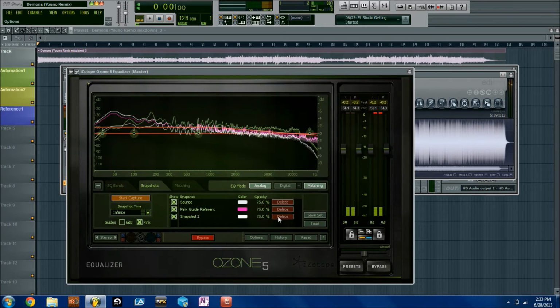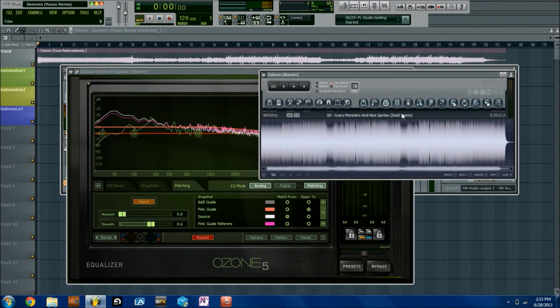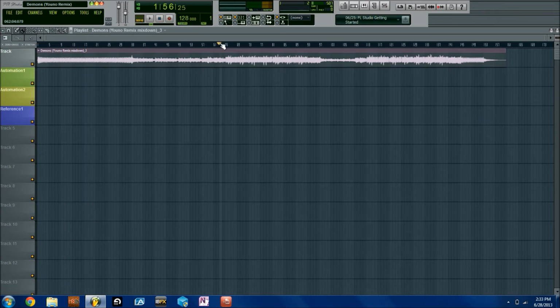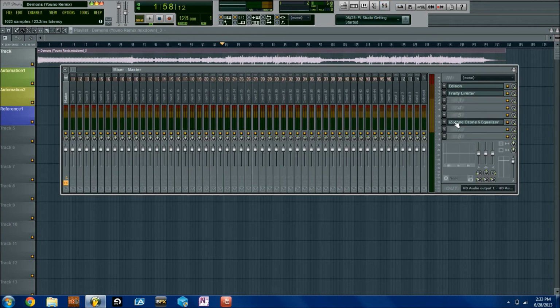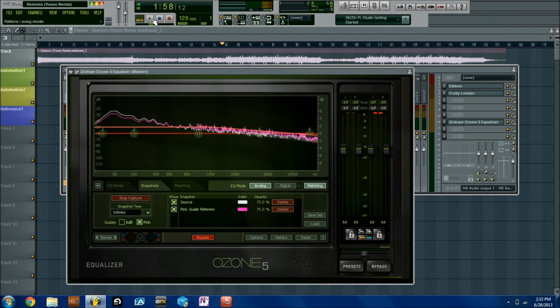I made a little bit of a mistake there. I had the matching still on, so it was applying the pink noise curve to the Scary Monsters remix. Let's not do that. Let's start over here. Do start capture and